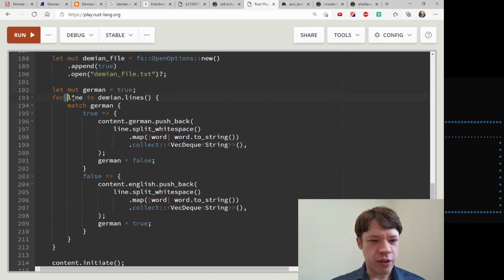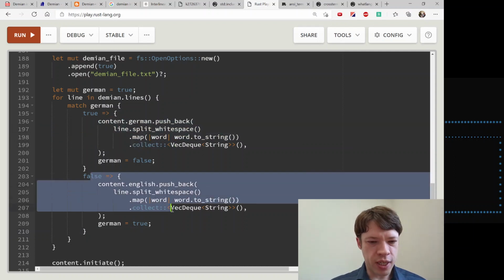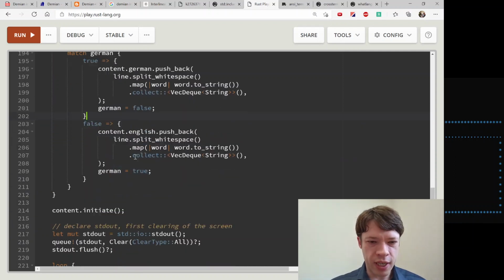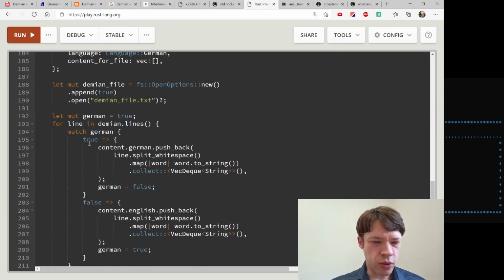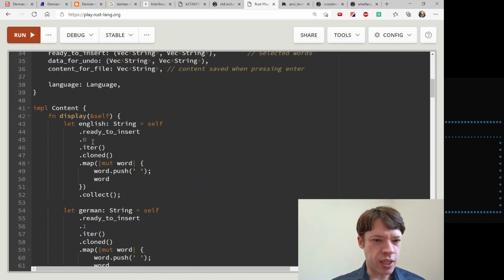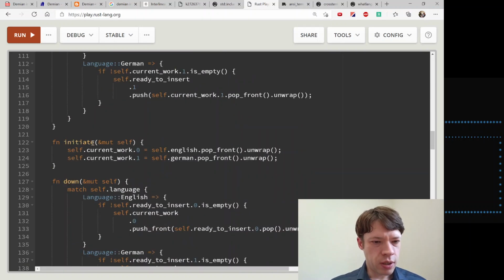And then here, the part that I just showed where it fills it up with German content on the German side and English content on the English side. And then content.initiate. So let's see what initiate does. This is pretty simple. I'm going to bring this back in now.